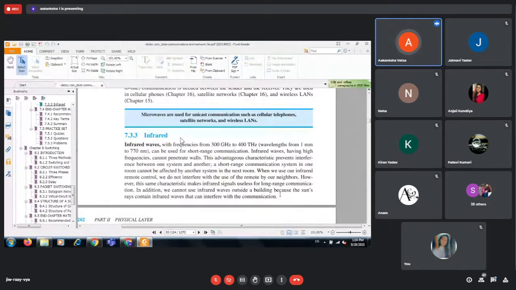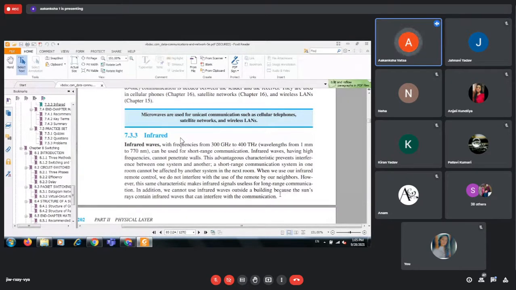If you have a remote aligned to your device, and you want to control your AC or your TV or anything else, it should be in line of sight. Beyond that, you may be having multiple remotes at home. One is for one AC, another is for another AC in another room, and a third one is maybe for television and some other device. To control all those devices, you need a different kind of infrared range and a different remote, and they are not interfering with each other because they are in line of sight.